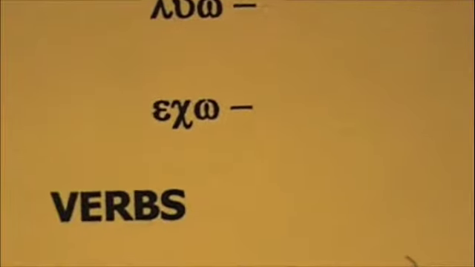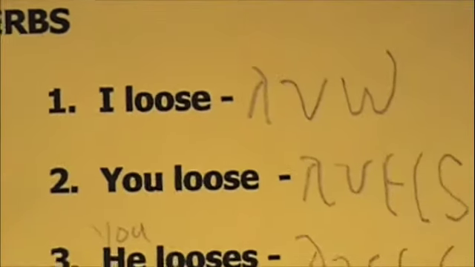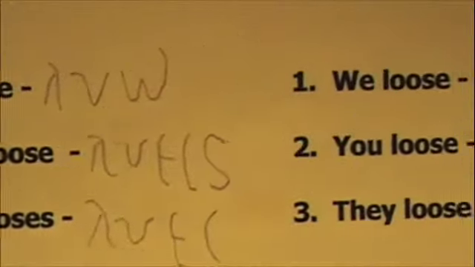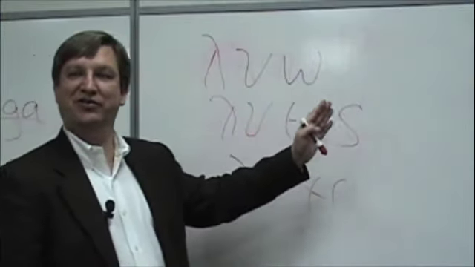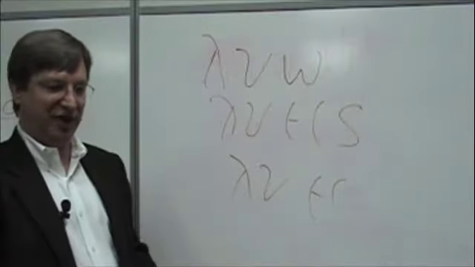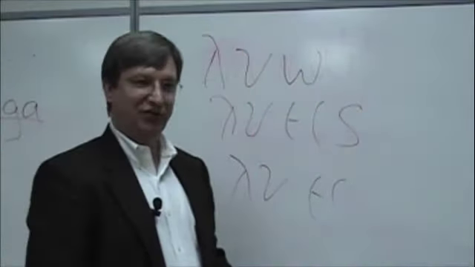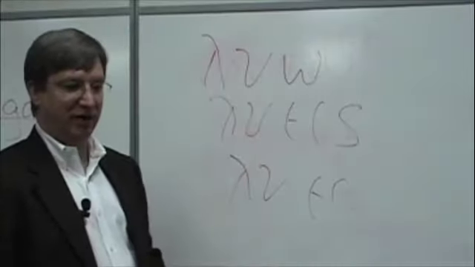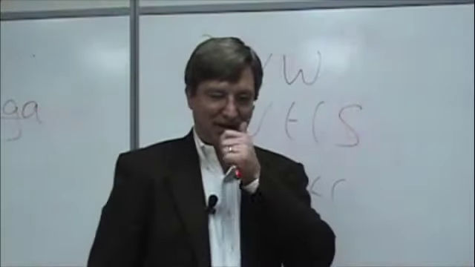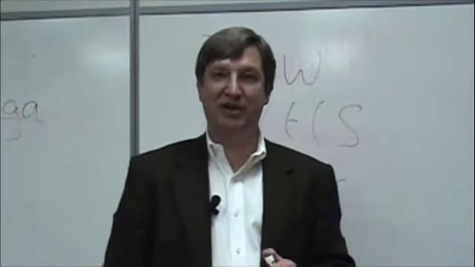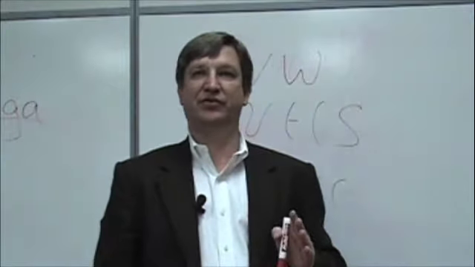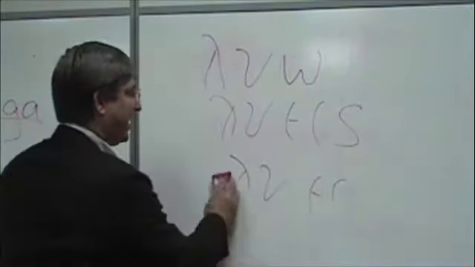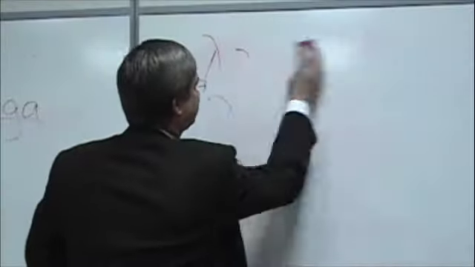So notice all of those verbs are written in the first person singular. If you want to conjugate those verbs in the singular, you just change the ending. The stem will stay the same every time. That's singular: luo, lueis, luei. Blepo, blepeis, blepei. Gnosko, gnoskeis, gnoskei. The stem stays the same. All right, that's singular. Now, let's do the plural.